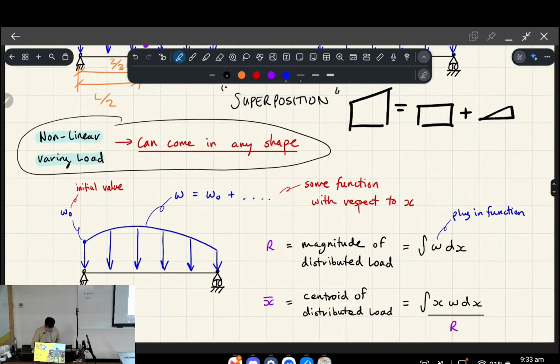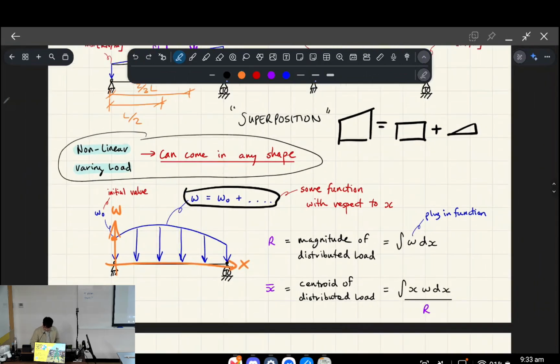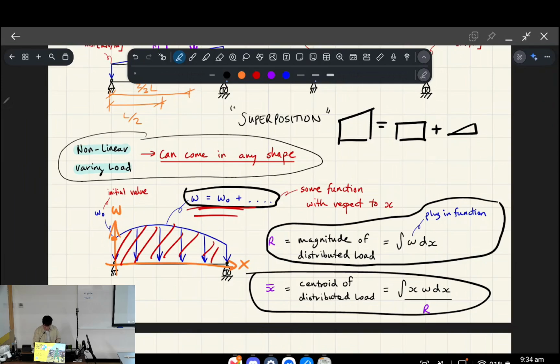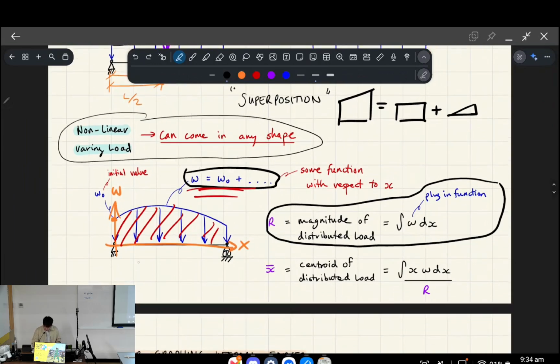So if you were to think of this like an XY plane again, except instead of the y-axis we've got W, right? WO is kind of your initial position, and then you can have a function that describes the rest of that, whatever it might be. It might be a polynomial, etc. And then you can use the idea that integrating something is basically finding the area underneath that function or curve, okay? And then in terms of a centroid, you basically do the integrated area multiplied by x and then divide by,